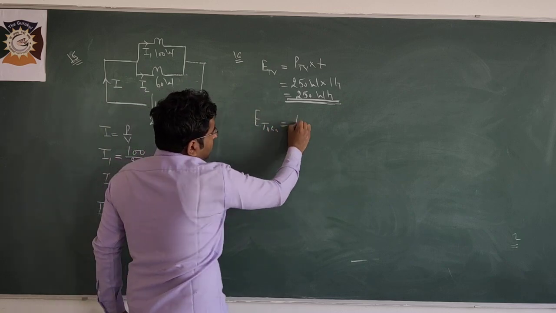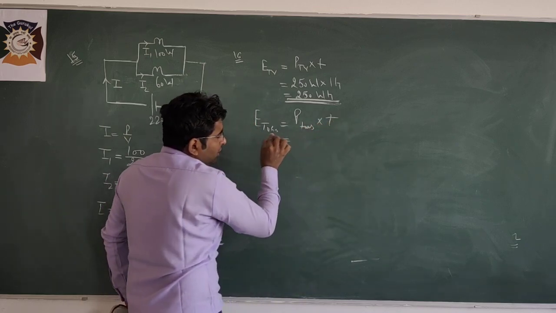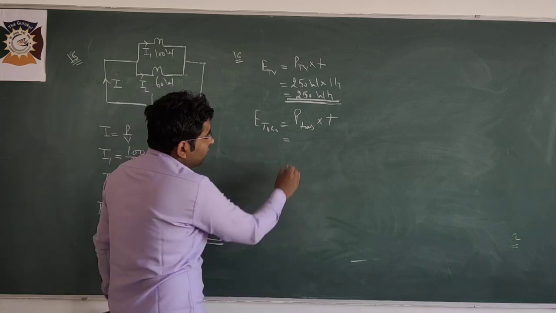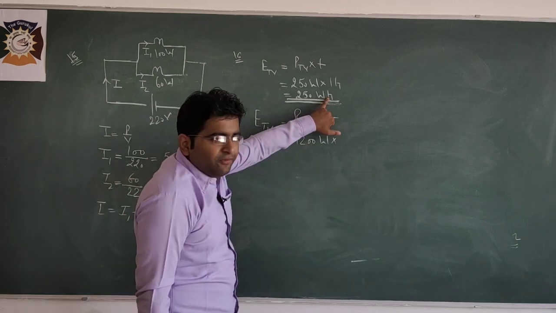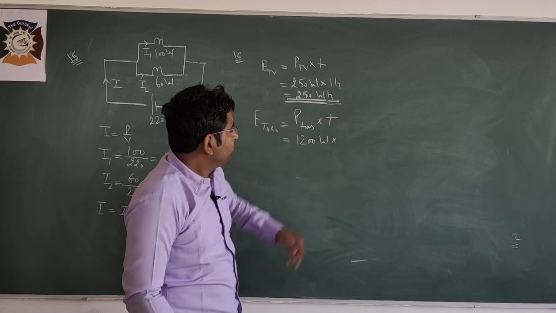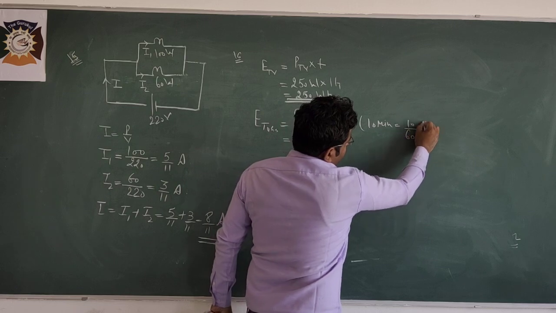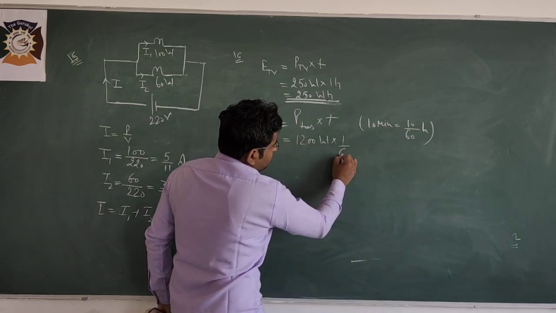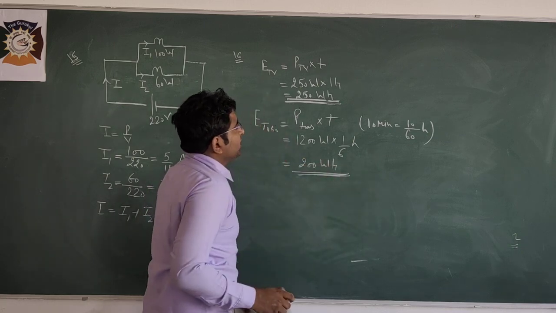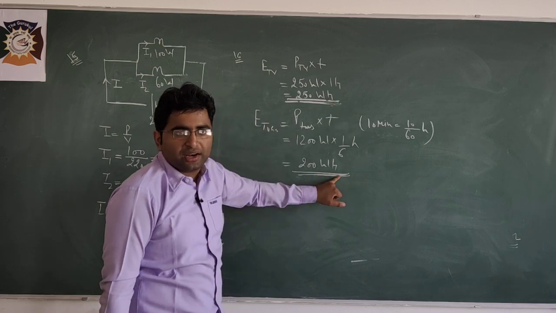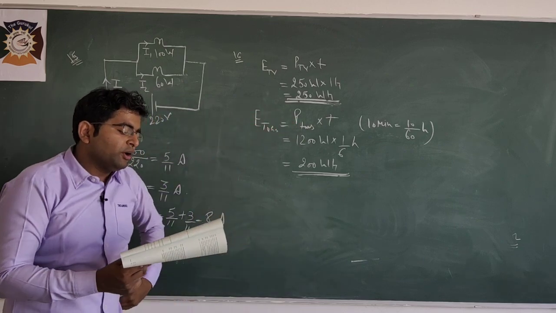Now the energy across the toaster, power across the toaster into time. How much power is given across the toaster? 1200 watt. Time is 10 minutes. Here we have calculated the answer in hours, so the 10 minutes I will convert into hour, 1/6. So it will be 200 watt hour. Students, here 250 watt hour, here 200 watt hour. It means the TV set will consume more energy. Clear? Okay.